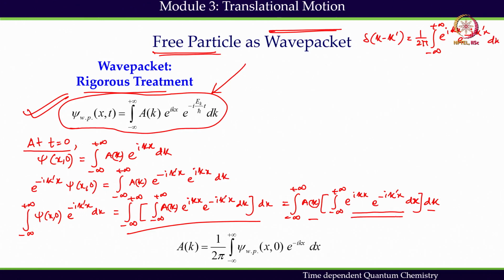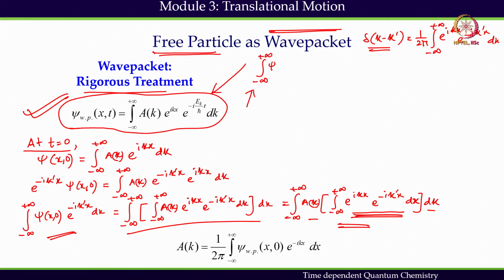So, this integration here is related to the Dirac delta function, so I can write this part in the following way. I will write this and this part to be here,